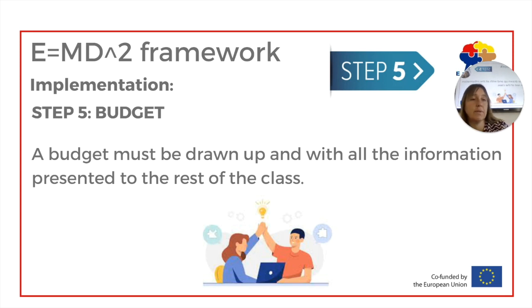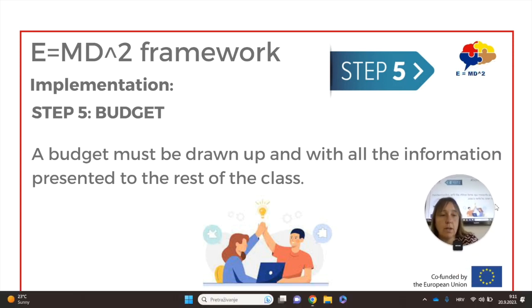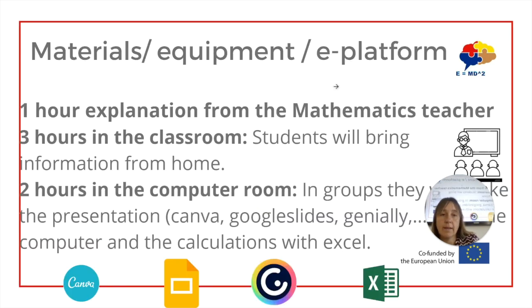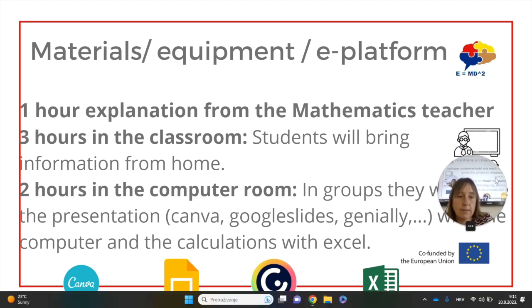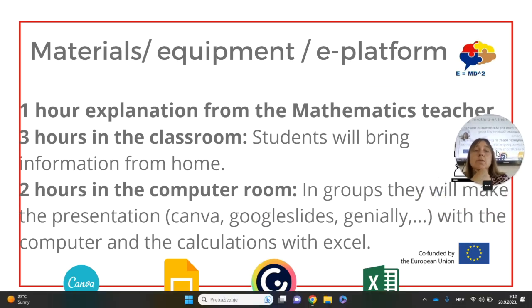and with all the information presented to the rest of the class with a presentation, like Genially, like Canva, or whatever they want. Okay, the materials necessary for this lesson plan are maybe these: 1 hour of explanation from the mathematics teacher, then 3 hours in the classroom. The students will bring information from home, like the dishes, the ingredients, the prices, and lastly 2 hours in the computer room